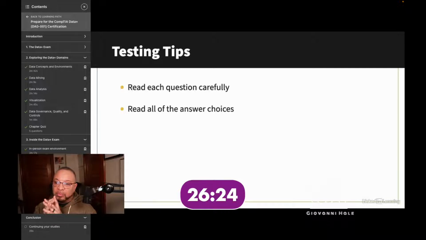Second, read all of the answer choices before you commit to the correct one. If you're unsure of the correct answer, try to eliminate one or more of the answers that you think are obviously incorrect. If you can eliminate 2 of the answer choices, you just improved your odds of getting that question correct from 1 in 4 to 50-50. Third, answer every question, even if you have no idea what the question is asking you. There's no penalty for guessing on the exam, so you might as well give some answer for every question.